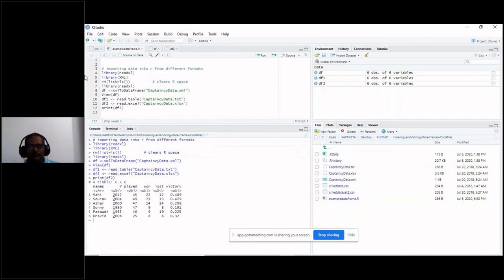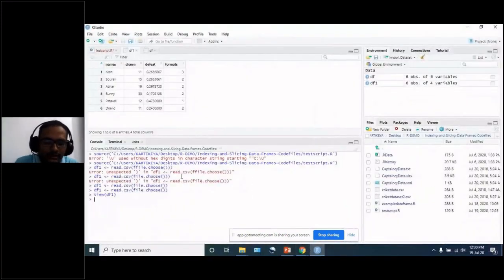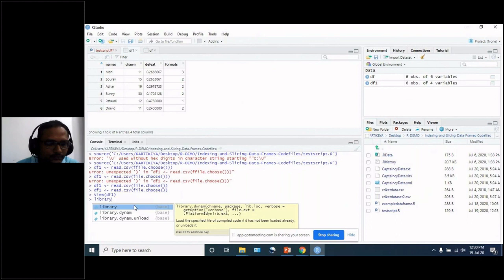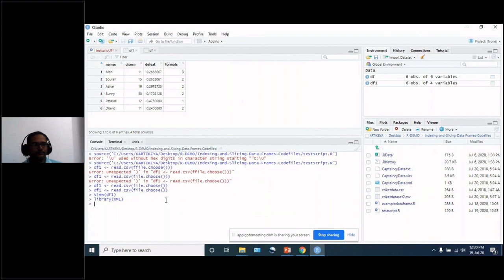See, I'm going to the R. If I run library(XML), it is not giving anything, which means the XML package is installed in your R. If it is not installed, then it will display that the XML package is not associated with R. Then I have to go for installing packages, and I need to install that XML package.